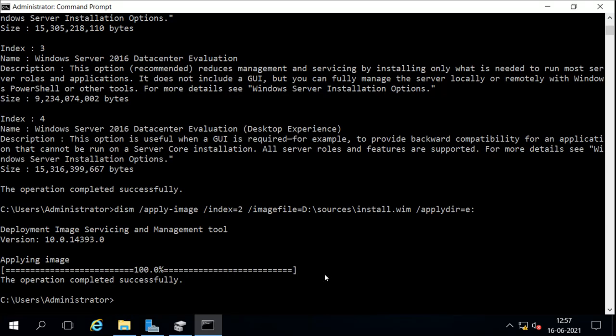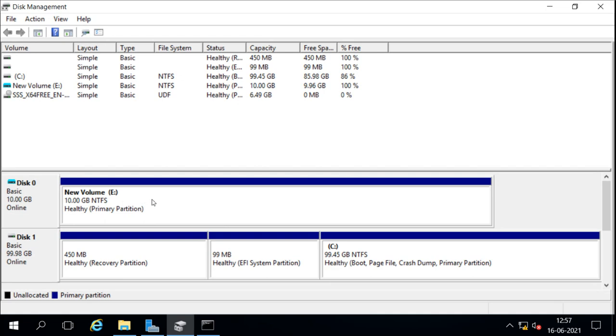Okay, now we can see that it is 100%, and the operation is completed successfully. That means it has already applied the image onto this disk. We can check this. So this is the disk, and the E drive.